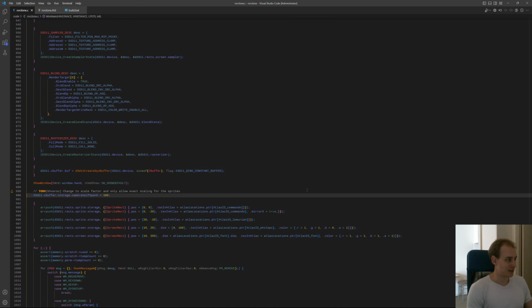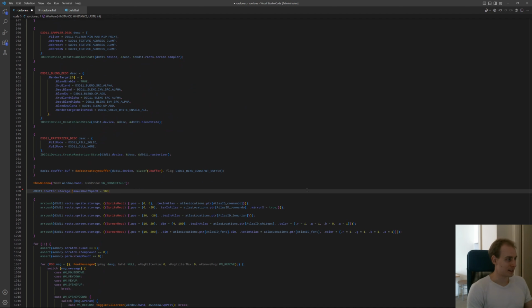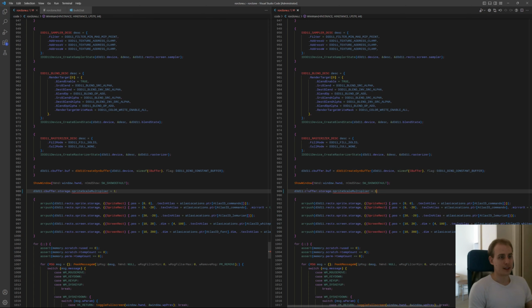So this camera half-span thing. Okay, so this should just be source, I guess sprite scale multiplier or something like that. And we're just gonna set that to 1. And